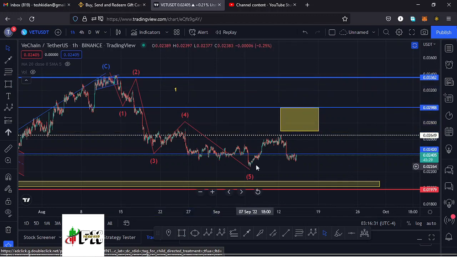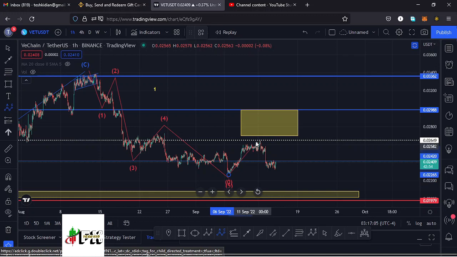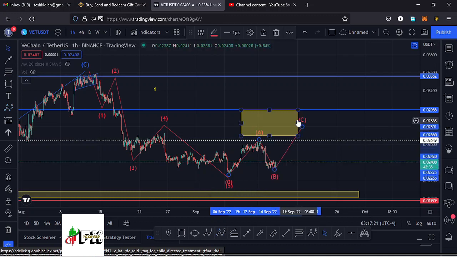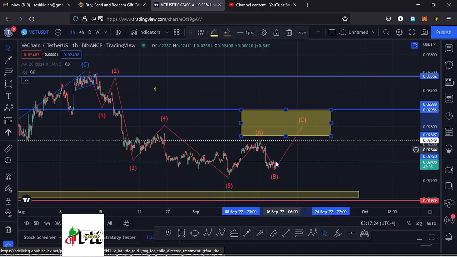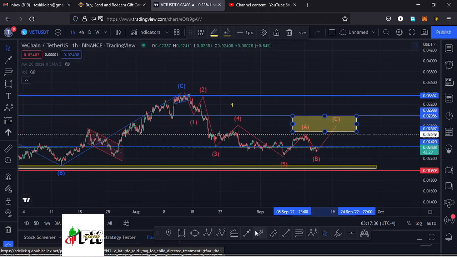And because I expect a corrective movement over here in an ABC movement, I believe we have seen the formation of a wave A over here. Then whatever we are seeing over here might be what might be forming the low for that wave B. Then whatever we are seeing down here might be forming the wave B, then continue expecting higher prices in the formation of a wave C to get us into that yellow target area to complete the formation of a wave 2. And once we have maximized the target area in the formation of a wave 2, I would expect lower